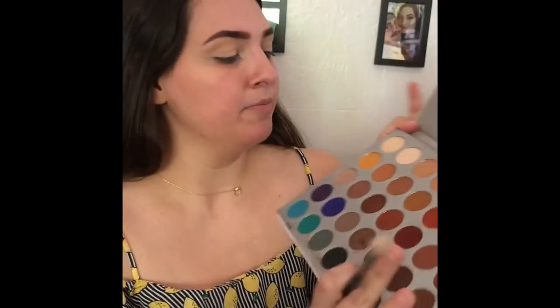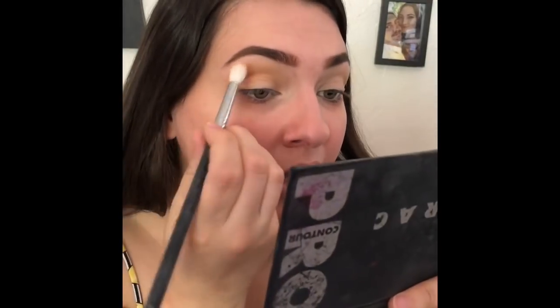I'm gonna take a smaller blending brush. This is the Morphe M441. Probably take that one. That one is Butter, which is this shade right here. And I'm gonna go a little bit lower this time, but still mainly keeping it in the crease. I'm gonna start focusing it a little bit more on the outer